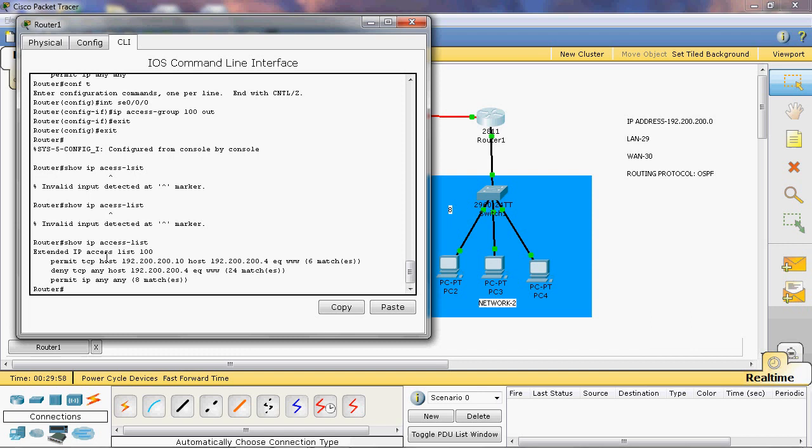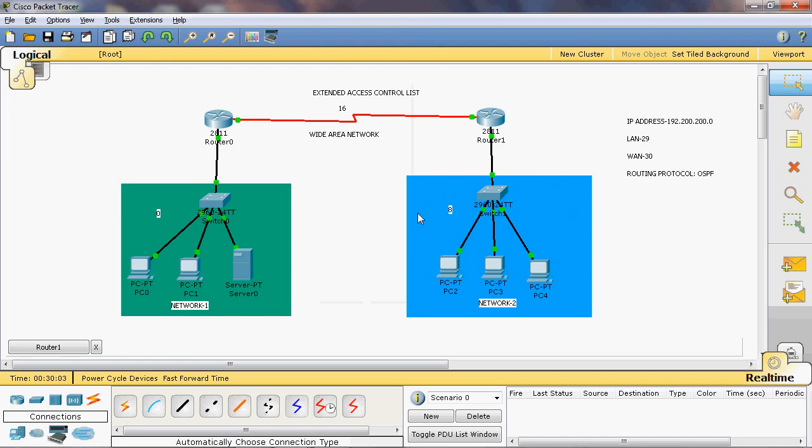So access-list, under permit. First of all, in network 2 only one IP can be permitted to access the web, so the remaining hosts in network 2 can be blocked. First we give the individual IP, then we give the whole network, and it will work properly. If you give deny to the whole network first and then permit the individual host, it cannot work, because an extended access control list works with a top-down approach. So the individual statement is given first, and then the whole network.